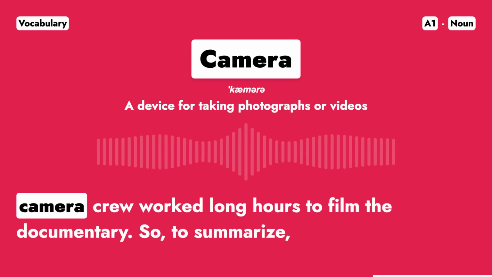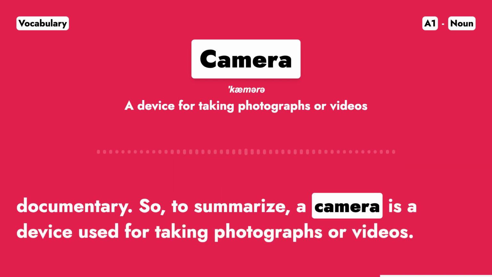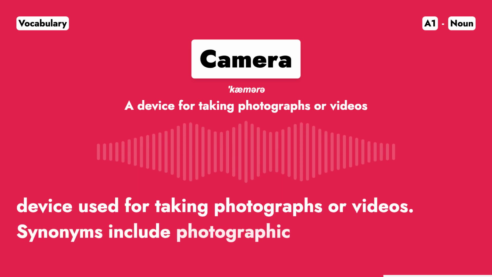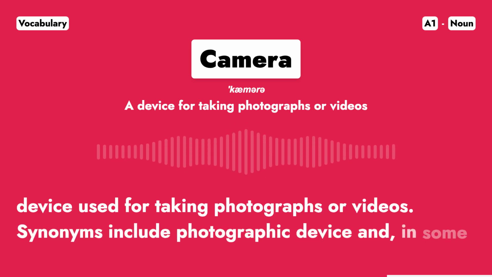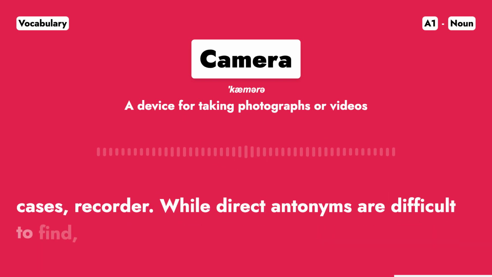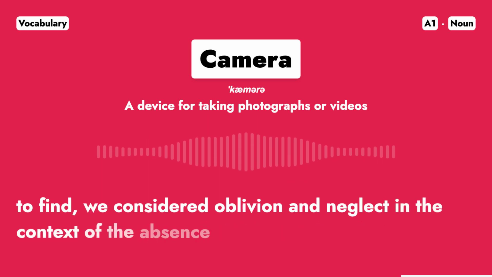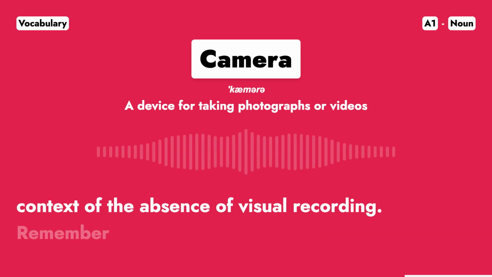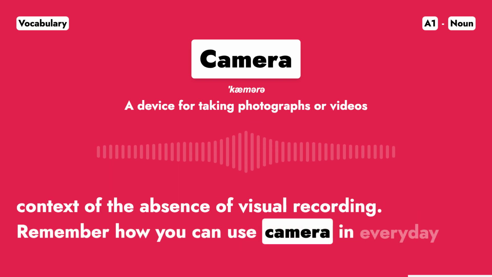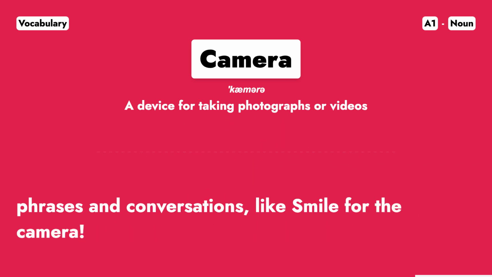So, to summarize, a camera is a device used for taking photographs or videos. Synonyms include photographic device and, in some cases, recorder. While direct antonyms are difficult to find, we considered oblivion and neglect in the context of the absence of visual recording. Remember how you can use camera in everyday phrases and conversations, like "smile for the camera" or "I need